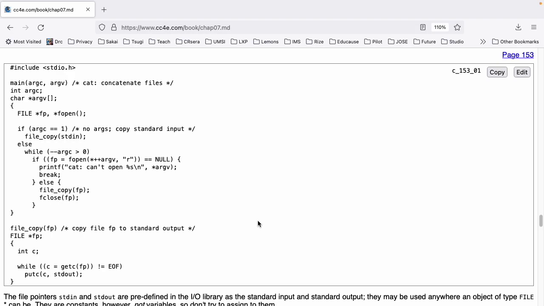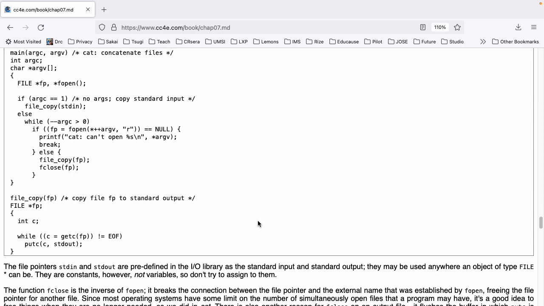We're going to read all the contents of a file pointer and send it to standard output. filecopy(fp) FILE *fp; { int c; while ((c = getc(fp)) != EOF) putc(c, stdout); }